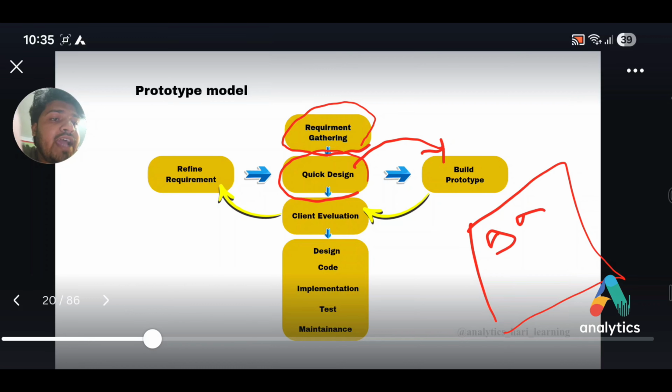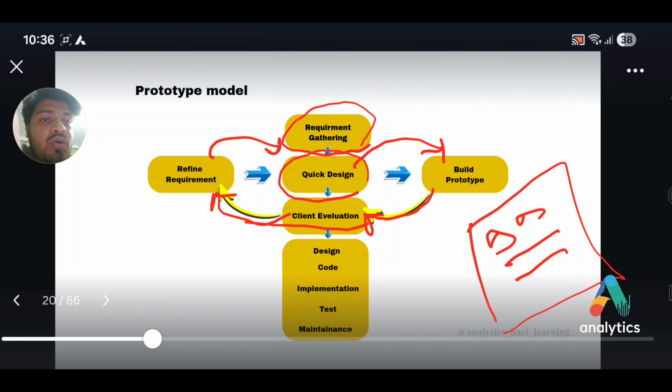The prototype does not have the actual functionalities. Only the base functionalities are there in the prototype model, like the main features, not the full functionalities but only the features. That prototype goes for client evaluation, then we get the client feedback. If the client is not satisfied with that prototype, then the quick design is rebuilt, and the loop goes on